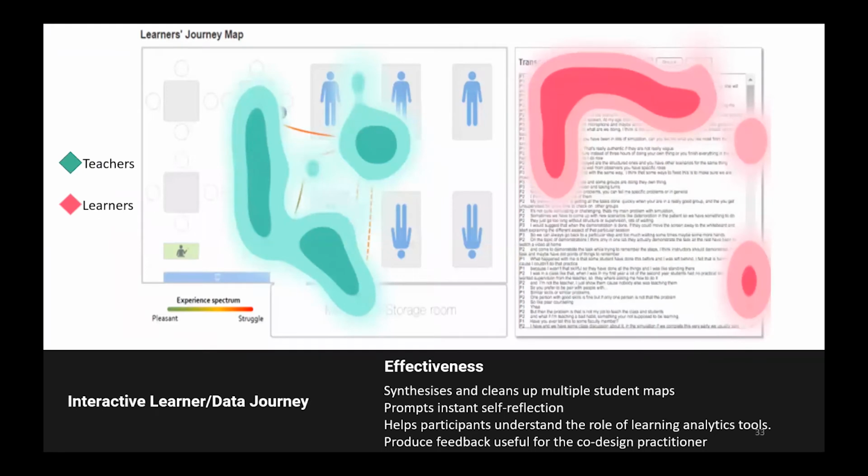Another interesting thing is when we analyze the clickstream, we create a heat map to see what teachers are looking at in this collaborative tool. We found that teachers only use the summarized part. They want to see just the summary, maybe because they are really busy, but they want a summary of what you found as a researcher and what the insights are for your design practice. For learners, it was interesting that they were looking for what their other partners say.